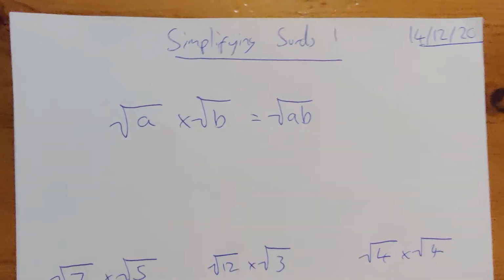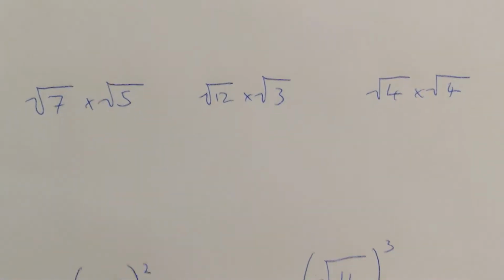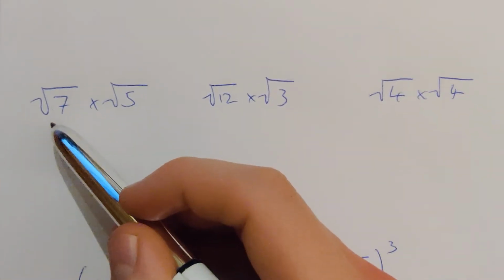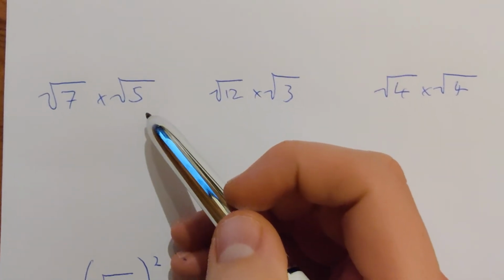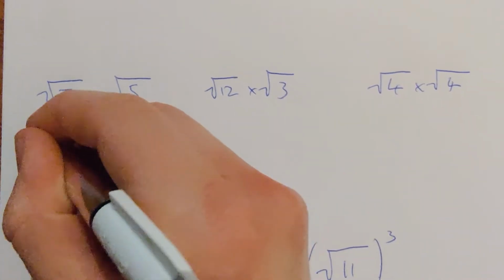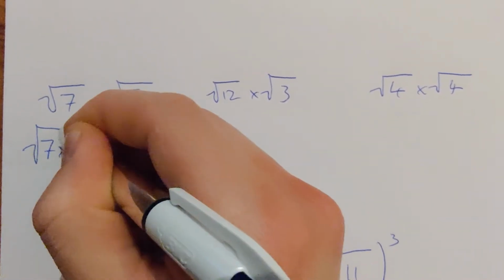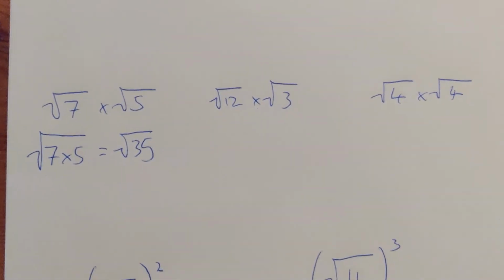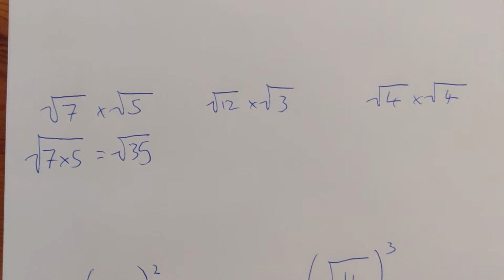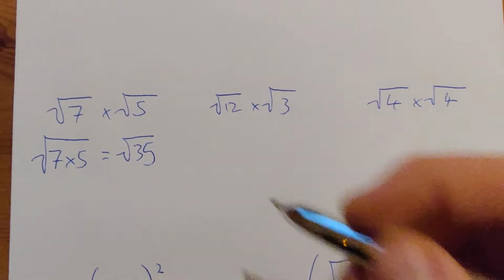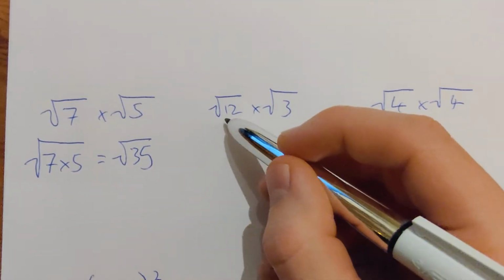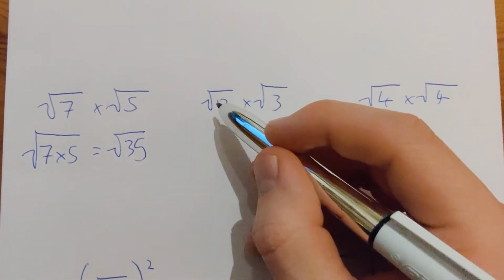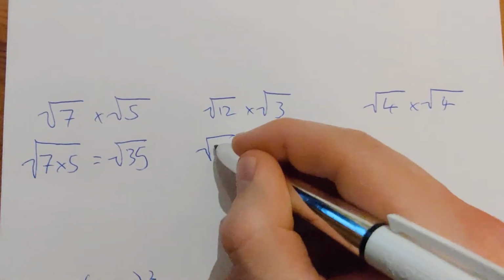And here's some examples, which I would also put in my blue book, I would suggest, if you have it with you. So the square root of 7 times the square root of 5 is just going to be the same as the square root of 7 times 5. So it's the same as root 35. And that's all there is to the most basic implementation of this rule. Let's have a look at this one. Square root of 12 times the square root of 3. Well, that's going to be the same as the square root of 12 times 3,